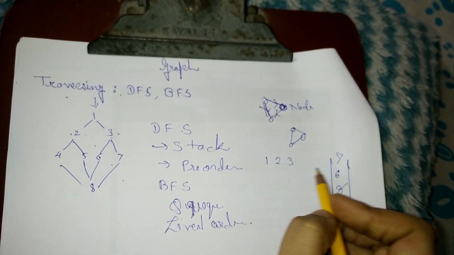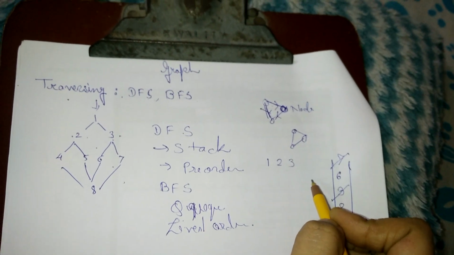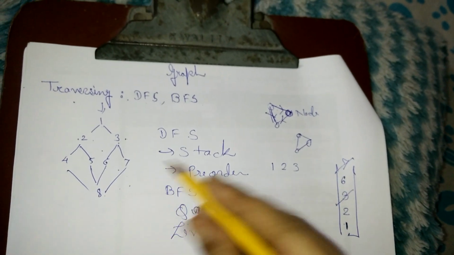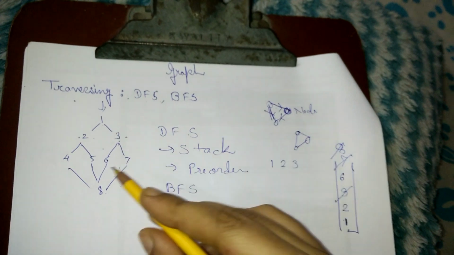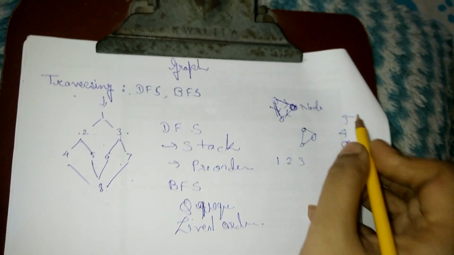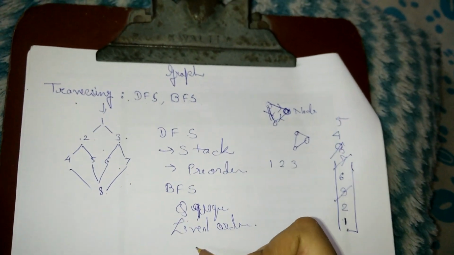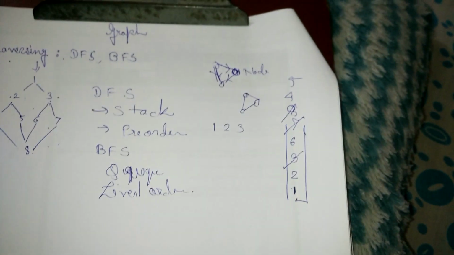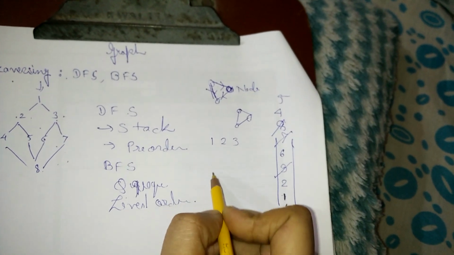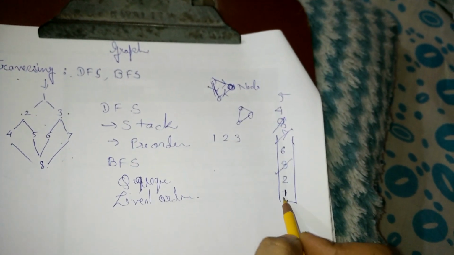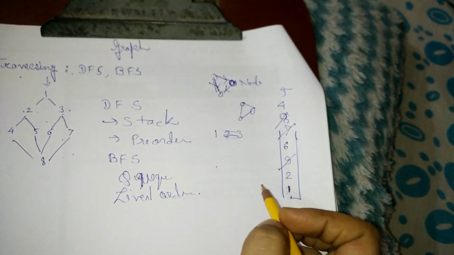After that, 7 will be removed from the stack, and the neighbor of 7, that is 8, will be inserted. Then 8 will be removed, and the neighbors of 8, that is 4 and 5, will be pushed onto the stack. So in this way we will get the sequence of depth first search. Now to get the sequence, we should know how the elements get popped from the stack. First we visited 1, so 1 will come last. Whatever elements have been popped will become the sequence of your